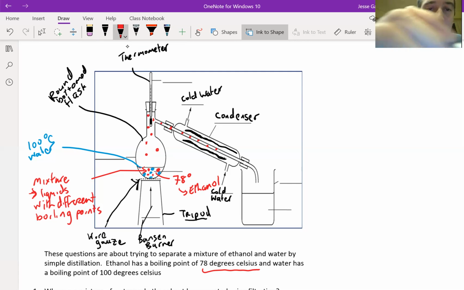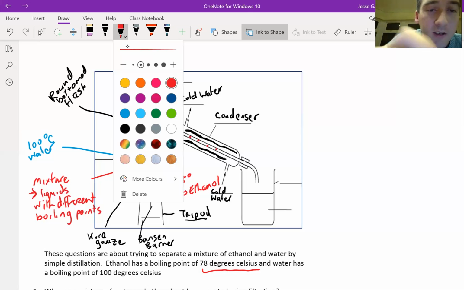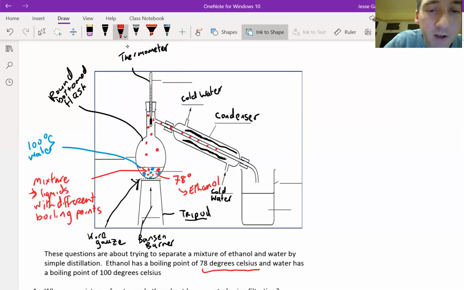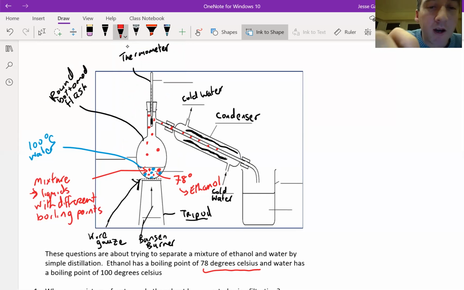So what that's going to do is this ethanol, which has reached 78 degrees, when it goes up and into the condenser arm, it's hitting this cold surface. That means energy moves from these particles and goes into the cold water, which is going to reduce the temperature of the ethanol particles. And when we reduce the temperature of the ethanol particles, they go back below their boiling point. So when they've gone back below their boiling point, this has turned them back into a liquid. And what happens then is they flow down the condenser and they collect over here